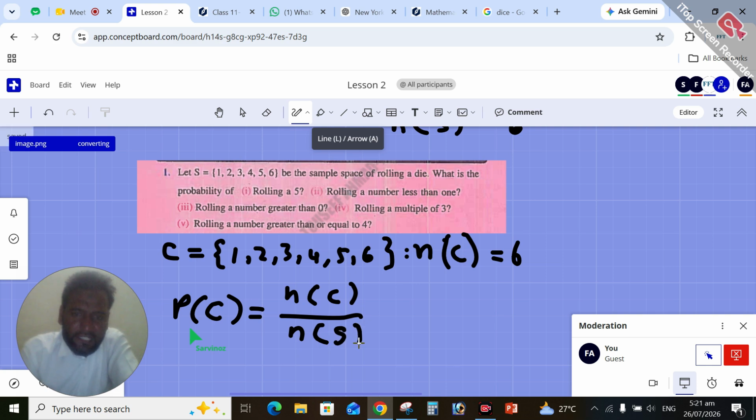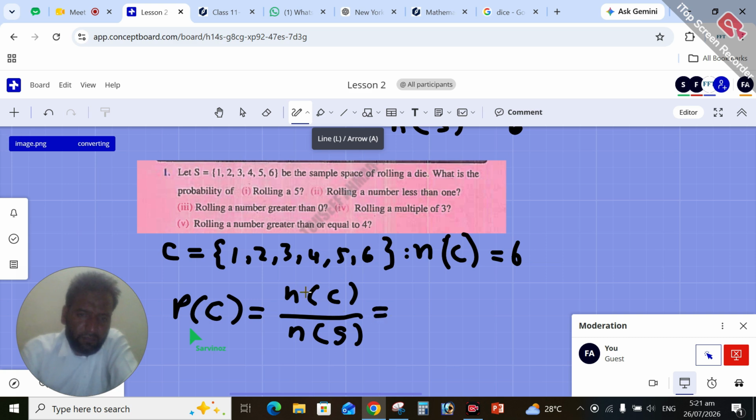Okay, C means the favorable outcome. The favorable outcome means the thing which is asked in the question. And the number of the sample space is the total number of possible outcomes of the sample space, right? So in each question,